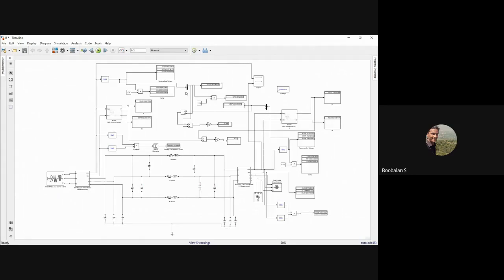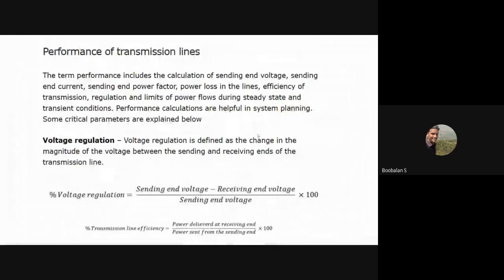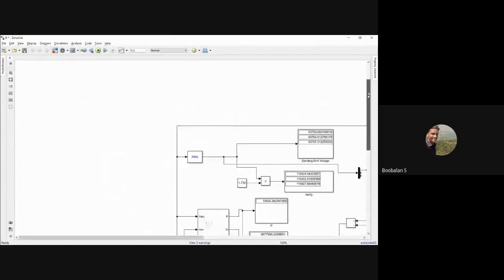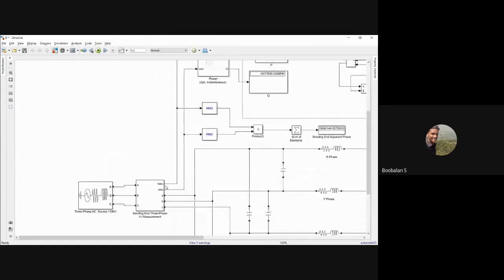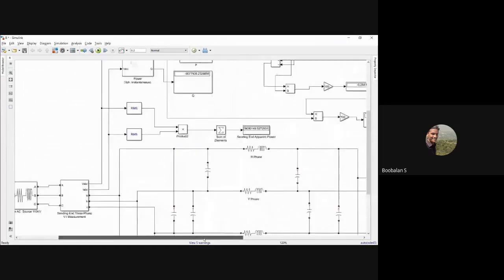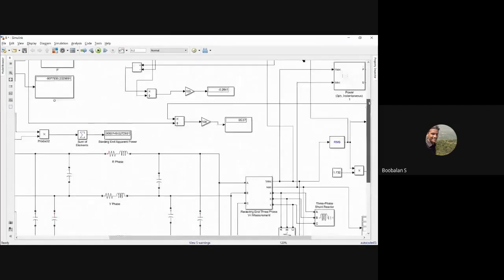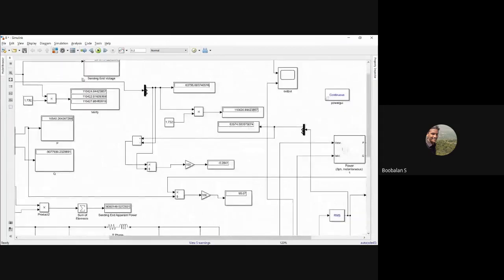For the purpose, I'm just calculating for single phase power, right? So first sending end, now minus receiving end, right? We have already measured my sending end voltage over here. Here, sending end, we need to subtract the receiving end, right? So for that purpose, we have used this. Sending end voltage is now coming. After that, it should be subtracted with my receiving end. Actually, we have used